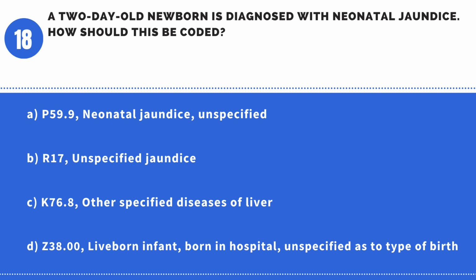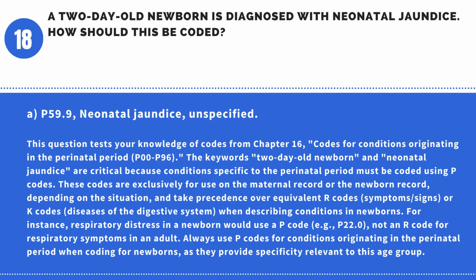Z38.00, live-born infant, born in hospital, unspecified as to type of birth. Answer A. P59.9, neonatal jaundice, unspecified. This question tests your knowledge of codes from Chapter 16, codes for conditions originating in the